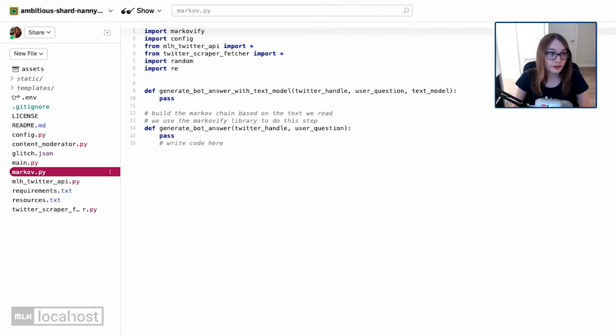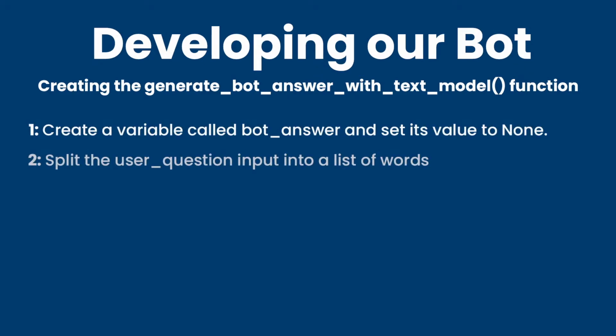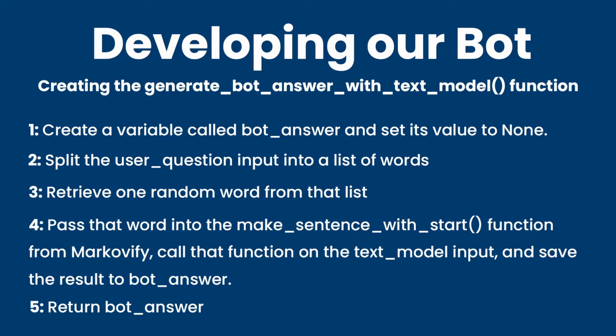So on line 9, we have the generate bot answer with text model function. It's a pretty long name, but it's very clear what it is. This function is going to need to do several things. Firstly, it's going to create a variable called bot answer, and it's going to set the value of that to none. Then we're going to split the user question, which is inputted as a parameter, into a list of words. Then we're going to retrieve one random word from that list, and we're going to pass